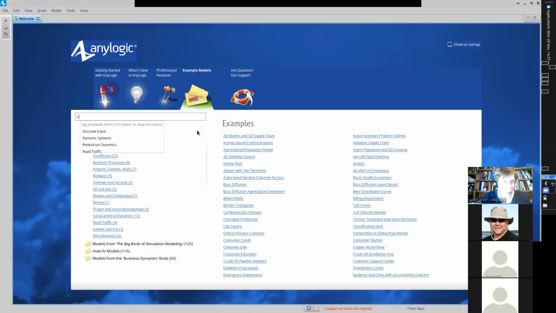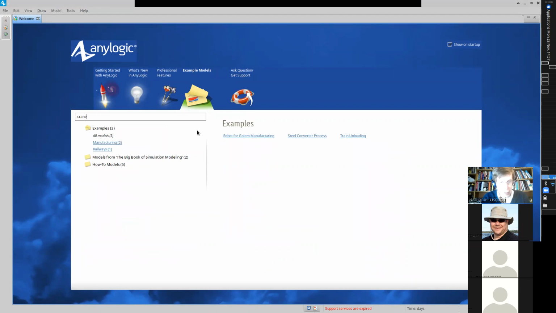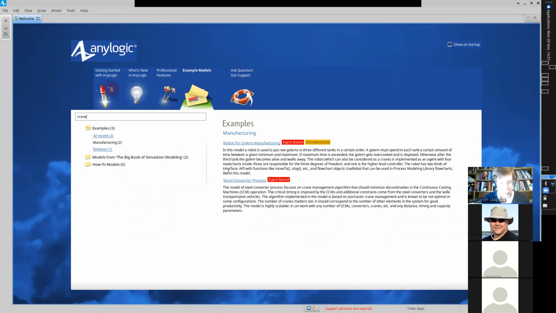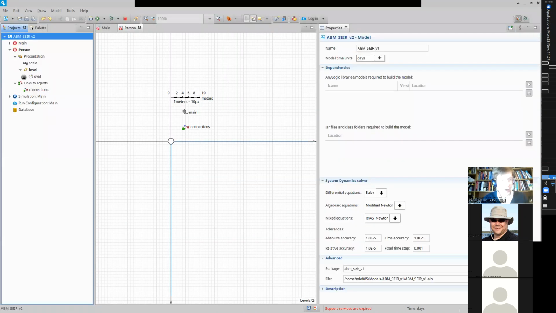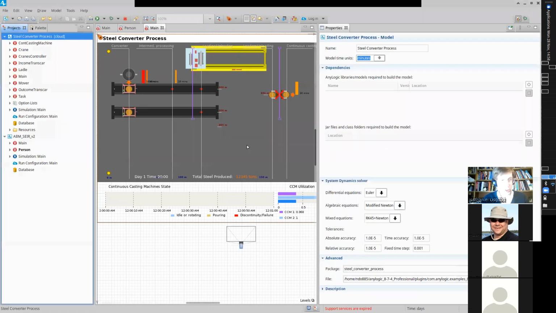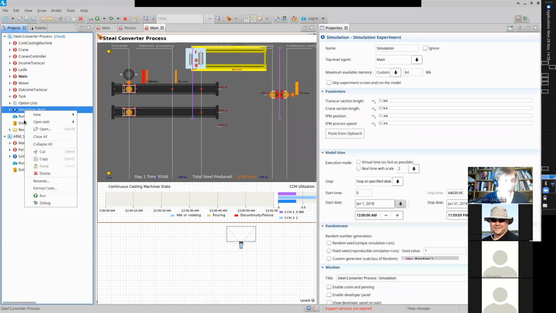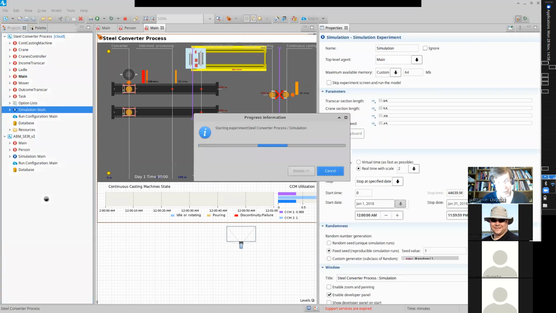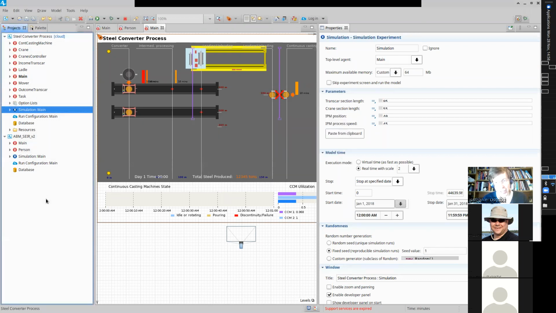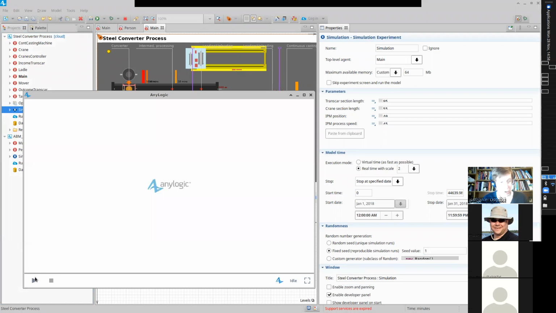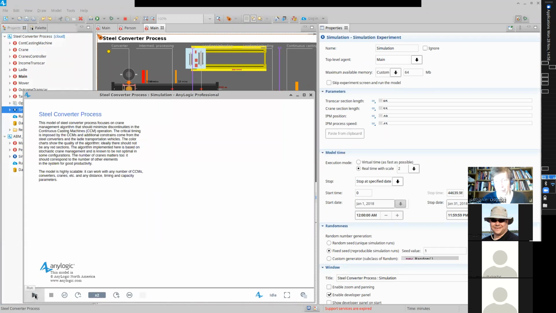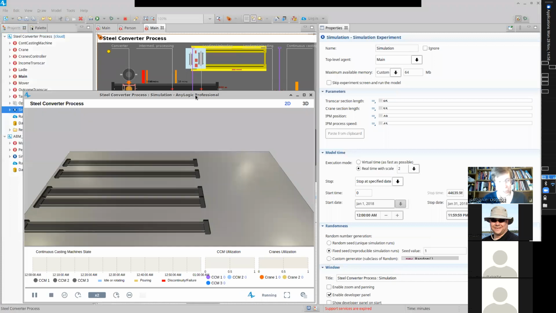And that's something where a third dimension might be useful. So here's a steel converter process. I think it involves a three-dimensional environment for constructing things in a factory. This is unlikely to be as relevant in healthcare, but as I said, if you were simulating the spread of aerosols, or a multi-level structure for a train station, and simulating